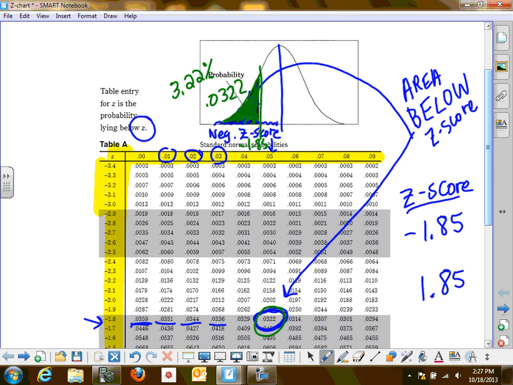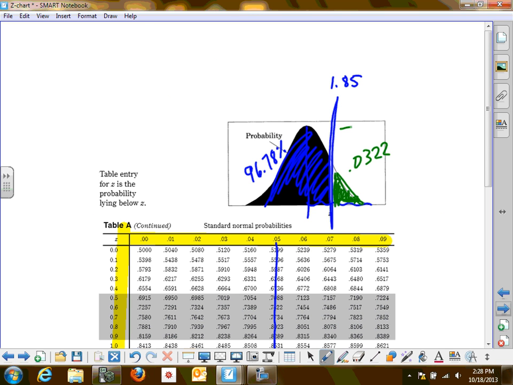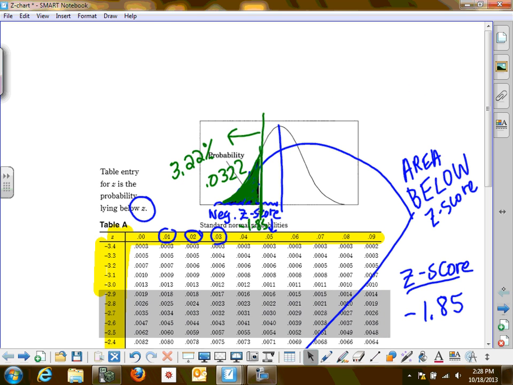So here's what we just found out. The area below negative 1.85 is the same as the area above positive 1.85 because of the symmetry. Otherwise, you can subtract from 1. You did 100% minus your 96.78, then you're getting your 0.0322. Very good. Now that we know the anatomy, or how to read the z table,